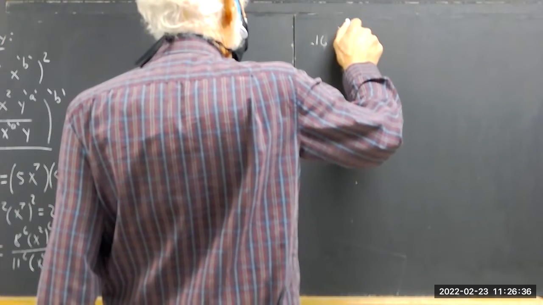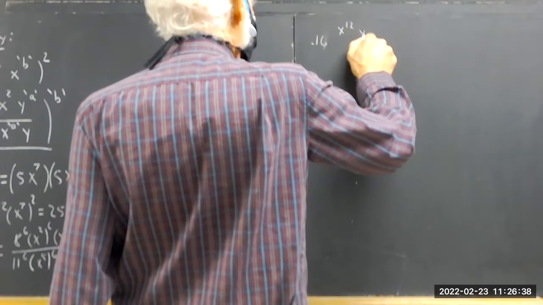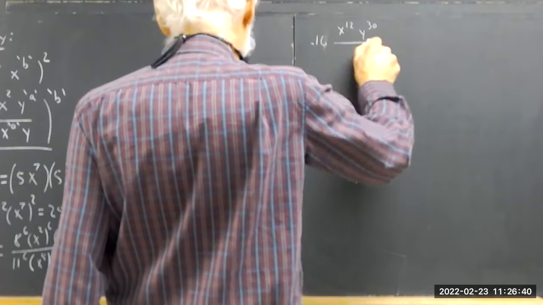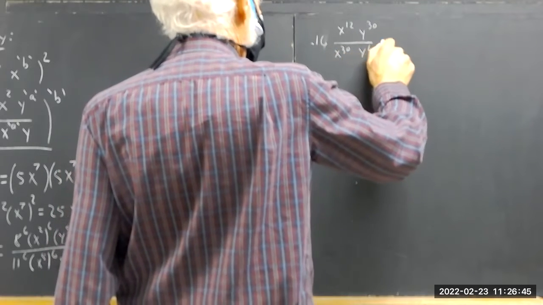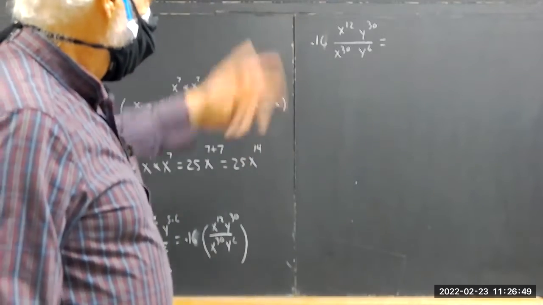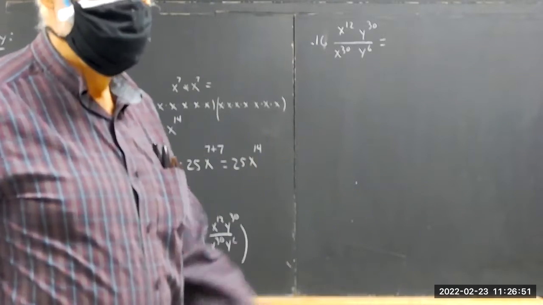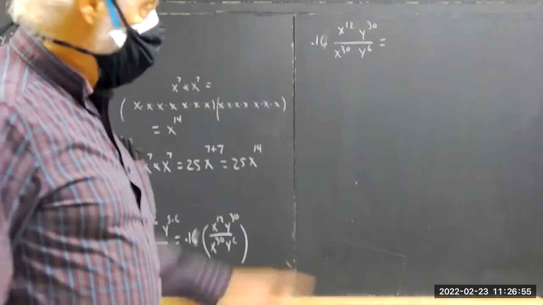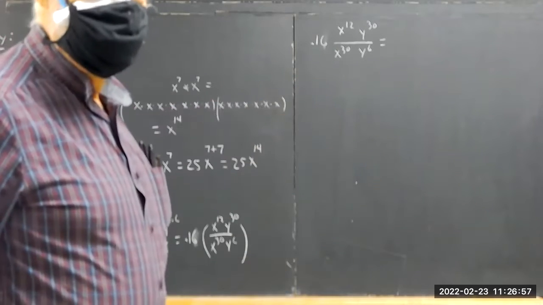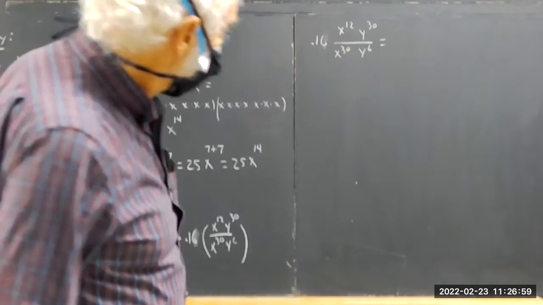Then you got x to the 12th, y to the 30th, over x to the 30th, y to the 6th. Now, open math is going to tell you to cross things out and stuff like that. I want to use the rules. I don't like crossing things out because it gets misapplied. But in a case like this, it is safe. Still, okay,